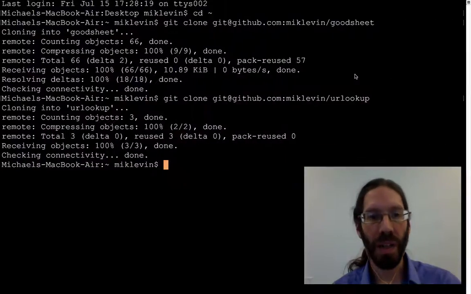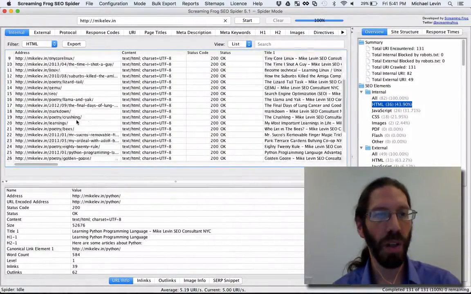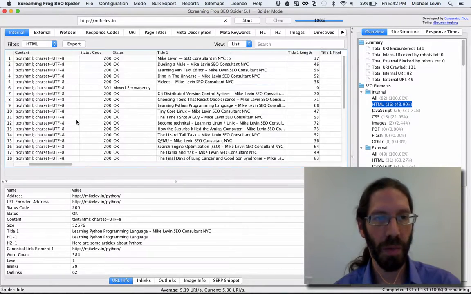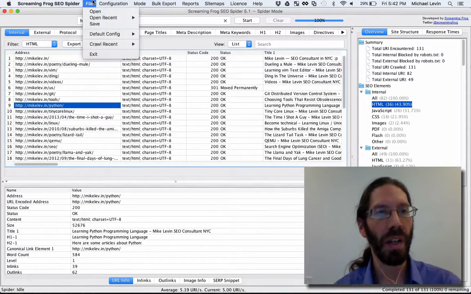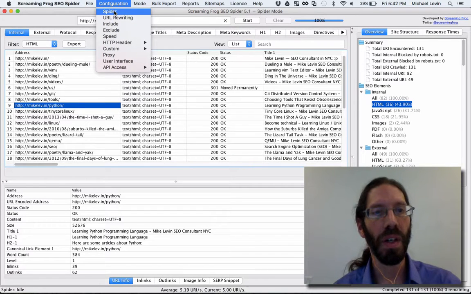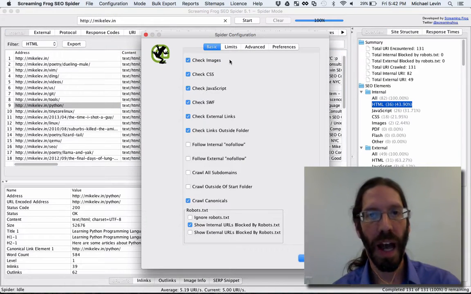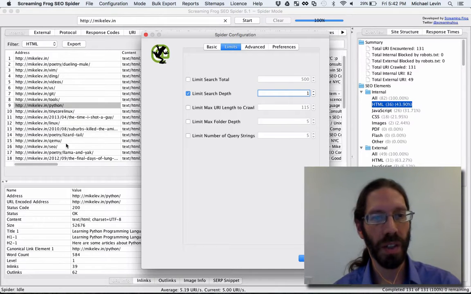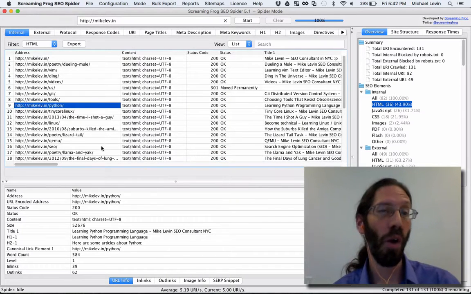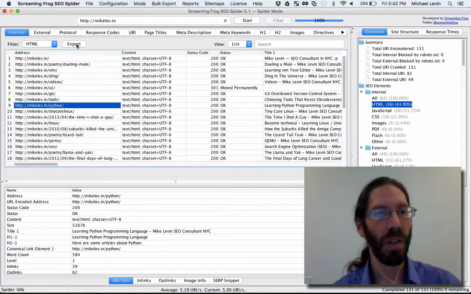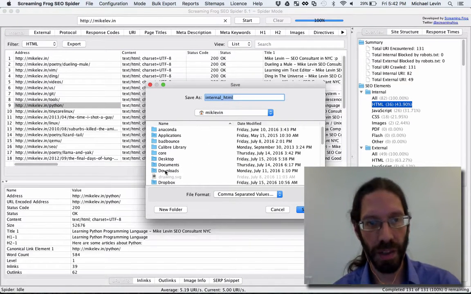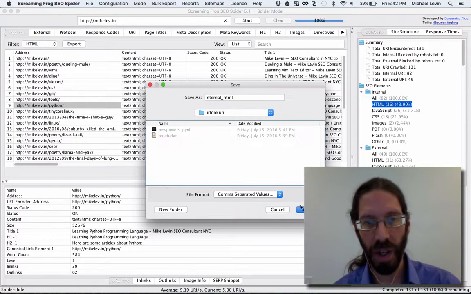So let's see. What I have ready to demonstrate is I did a one-click depth crawl from Screaming Frog. It got back 36 HTML URLs, and that's using a feature that everyone using Screaming Frog should have, but it's only on the paid version, where I limited the search depth to 1. So this is really just a list of the links that are on my home page that I started the crawl from. So I will export that list to, I guess I'll put it right into that URL lookup directory,